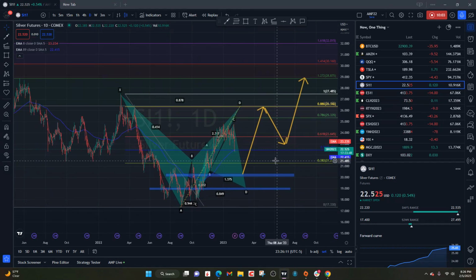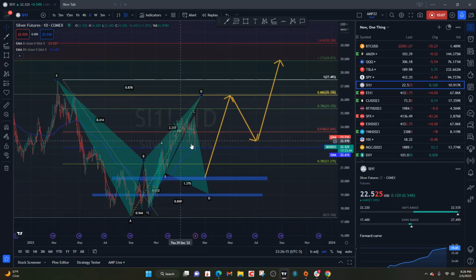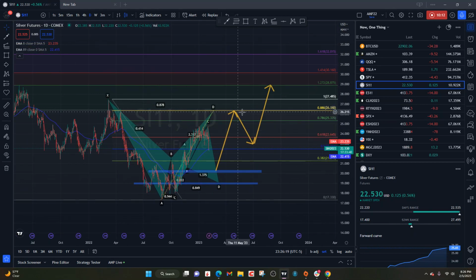I am an investor in silver. I have a lot of physical silver, a long term investment. I am expecting a larger move in silver. I don't really trade it a whole lot on the paper side, but that's how you analyze futures contracts and